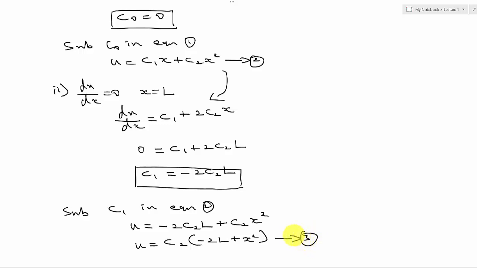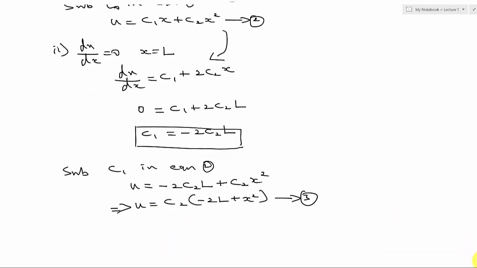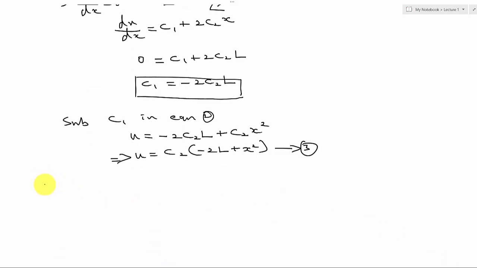So now I have substituted the two boundary conditions in the trial solution. Now this is going to be my final trial solution, and this trial solution will satisfy the two boundary conditions. Okay, so now we have calculated the trial solution. So next step, step number 2, is calculation of residual. Okay, so first step is calculation of trial solution and the second step is calculation of residual.